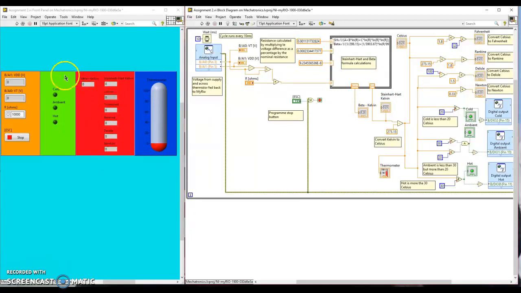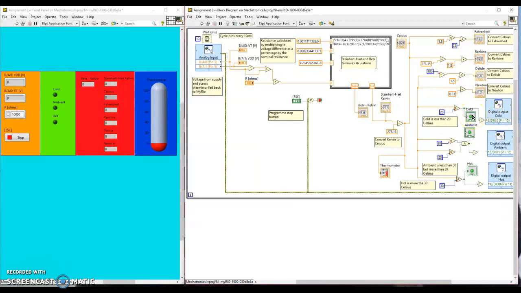The temperature measurement system also indicates to the user predetermined cold, ambient and hot temperatures. On the software, the predetermined cold is given as less than or equal to 20. When this figure is hit, the output is inverted and sent to pin 15 to allow current to flow and